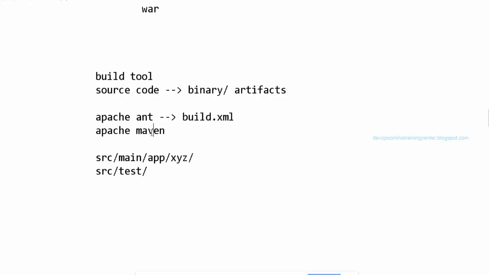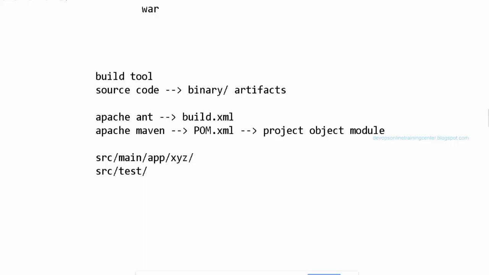Nowadays people are going for Maven. What is the difference between Ant and Maven? Maven uses something called pom.xml, project object module. Let us say you have a project with thousands of files, and I want to convert that entire thing into a binary.